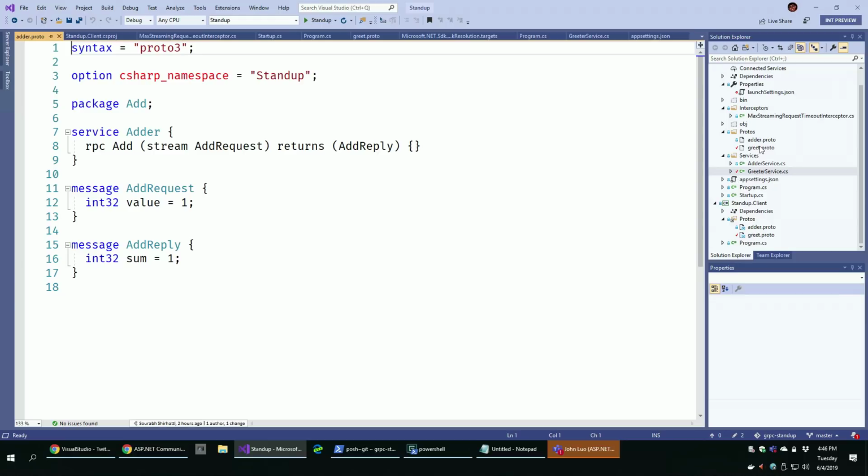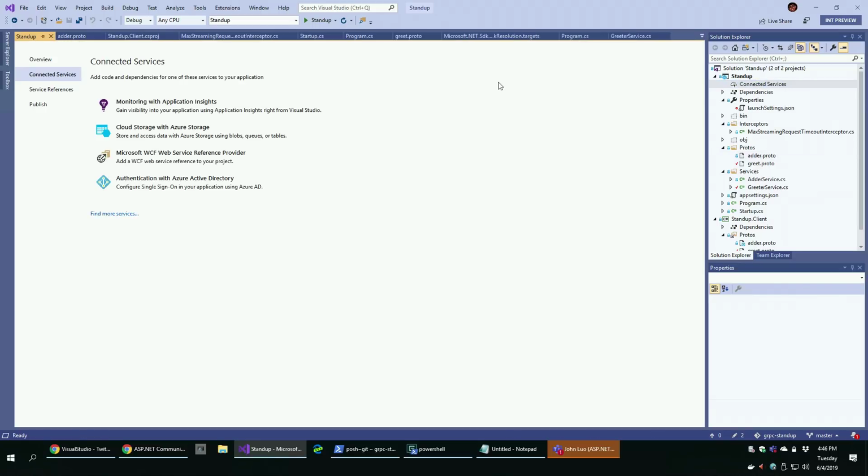So let me go back. I created a new file, right? I described my service, described my messages, but then there's the point of actually adding it to my project so I know what code generator to set up. So this is fresh bits. I literally went over to the Visual Studio folks, copied some DLLs over from their computer and showed up here for this demo. So we have this connected services